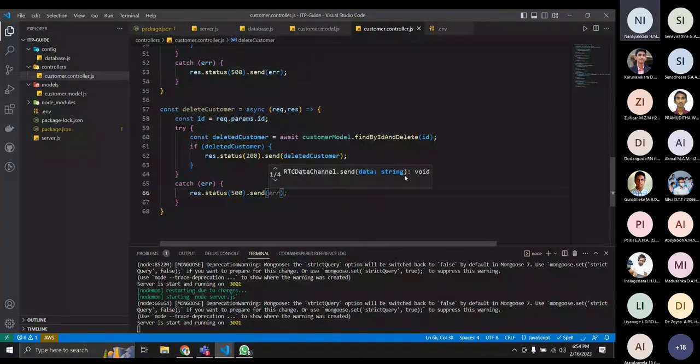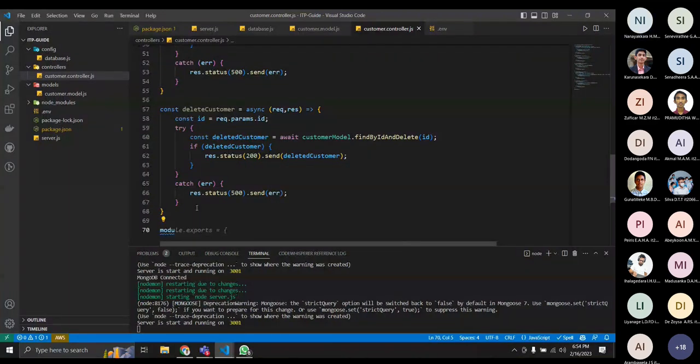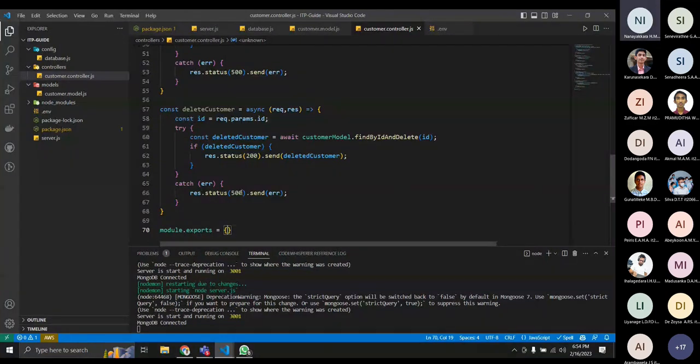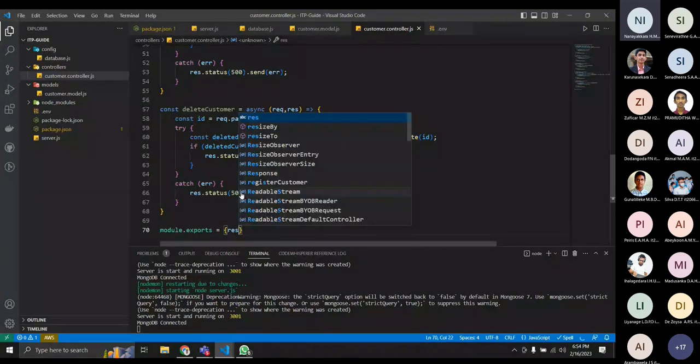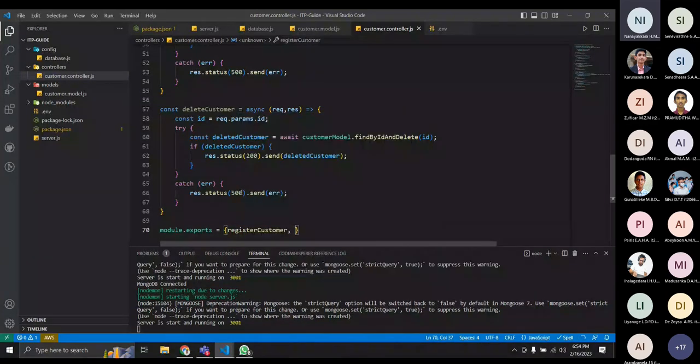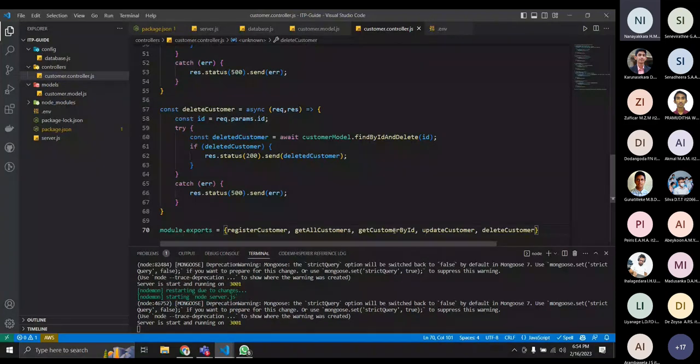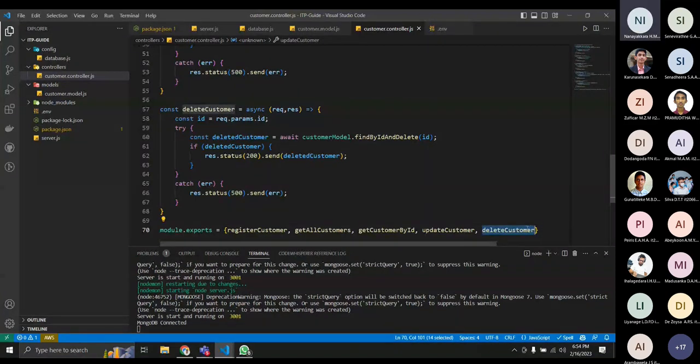Export these modules. For that, we need to use module.exports, and inside the brackets, we need to mention the function names: registerCustomer, getAllCustomers, getCustomerById, updateCustomer, deleteCustomer. We need to add them inside the curly brackets because all these are functions. So we need to add brackets for that. Then CRUD